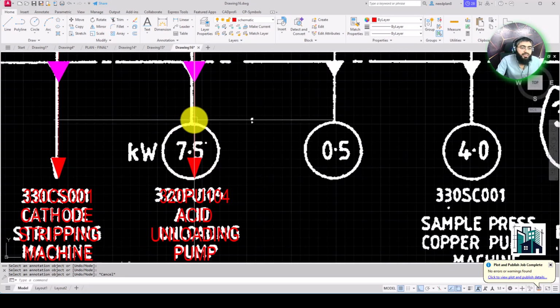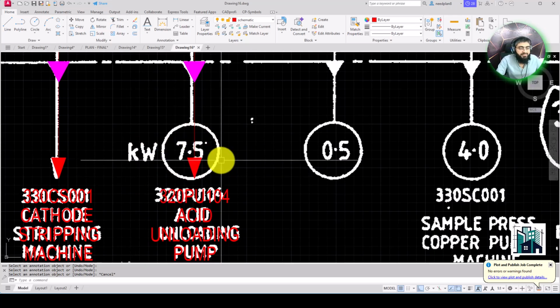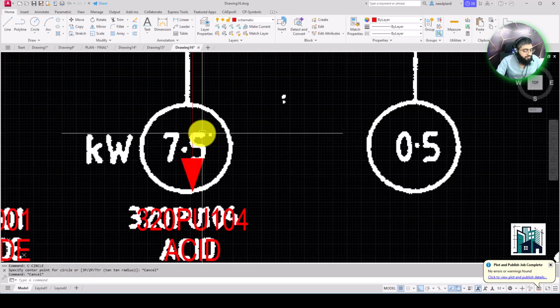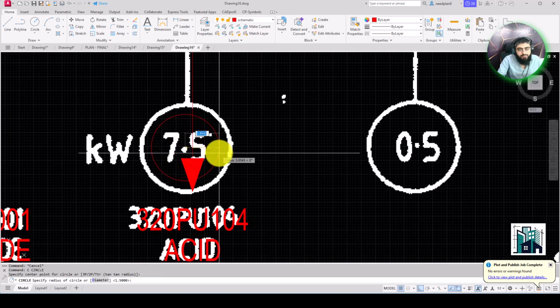So now I am going to make this circle and then write kilowatt and then 7.5. So I am going to activate the command of circle. You'll just have to enter C and then select approximately the midpoint of this circle and then come here and then here.